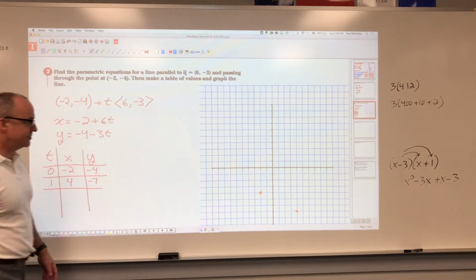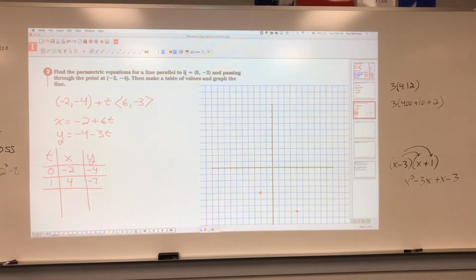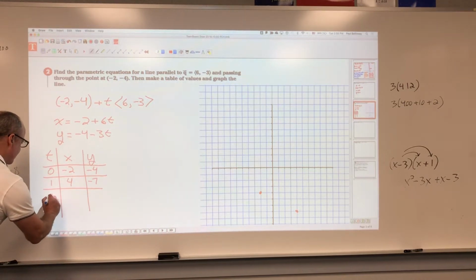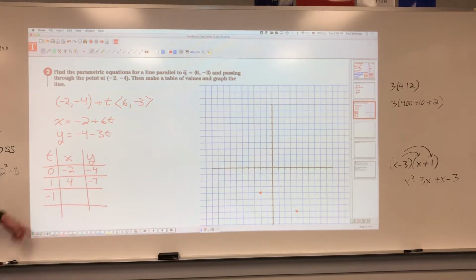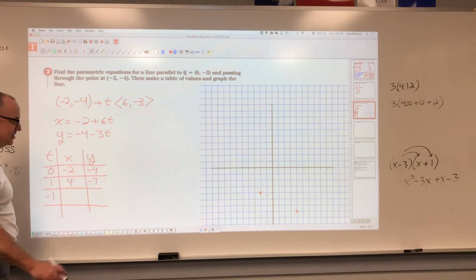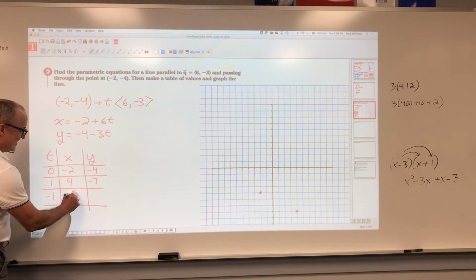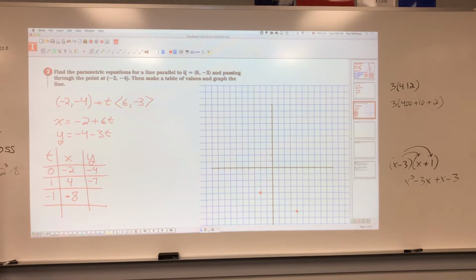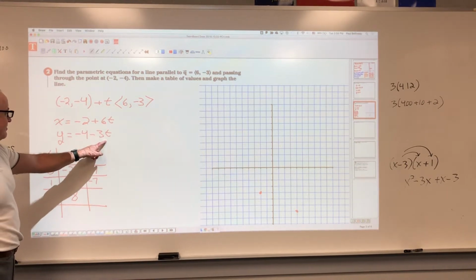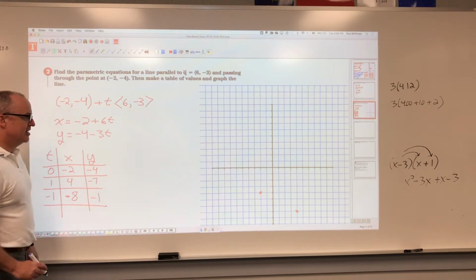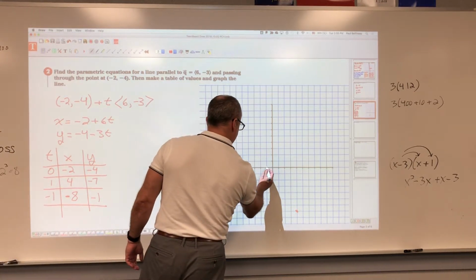Is that correct? If I put in a 2, I'm going off this graph, so I'm going to put in a -1. Okay, Bruno. T is -1. What is x? It's going to be -2 plus -6, which gets me to -8. Okay, and when t is -1, what will y be? Sarah? -1. You're right. So when t is equal to -1,